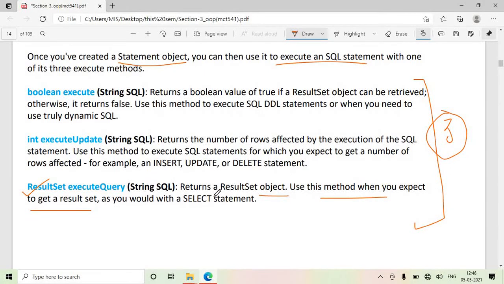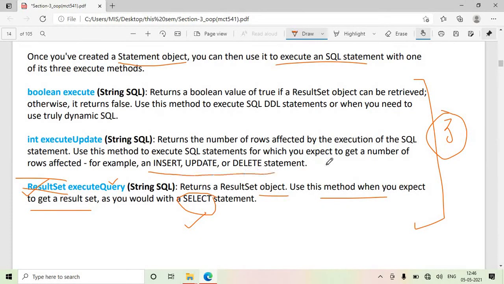Normally when you execute a select statement, like select * from table, or select so-and-so columns from table where a condition holds, you should use this executeQuery syntax, where you expect rows in return. So the data which gets returned will be stored in this result set object.